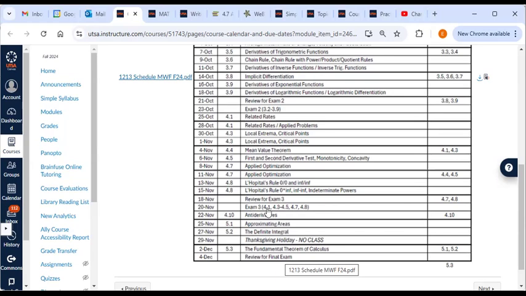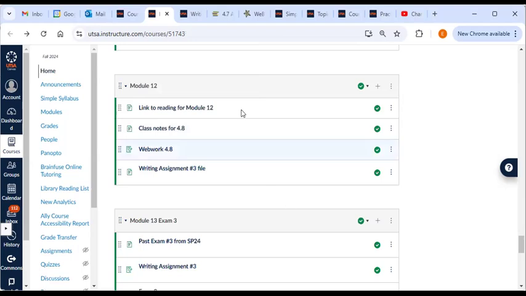All right, so exam 3 is going to be 4.1 through 4.8. So that is related rates, critical points, mean value theorem, first and second derivative test, optimization, and L'Hopital's rule. So we're going to have something from all of those. Most of them are actually pretty similar to what's in WebWork. I don't want to say all of them and then they're not, mostly because I haven't looked at WebWork completely.